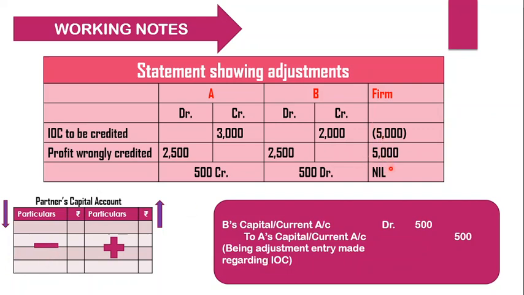So in fact there is no role of the firm here because the firm hasn't got anything, so it's between them. Here what you are going to do is see the difference of the two columns, debit and credit, and find out the difference. This difference will be your net effect amount, and how I've written this: the side which is more, I've written this amount there. Here credit side is more, so I wrote credit. Here debit side is more, so I wrote debit. So who is going to be debited? B is going to be debited to A. So this is what the past adjustment is all about.